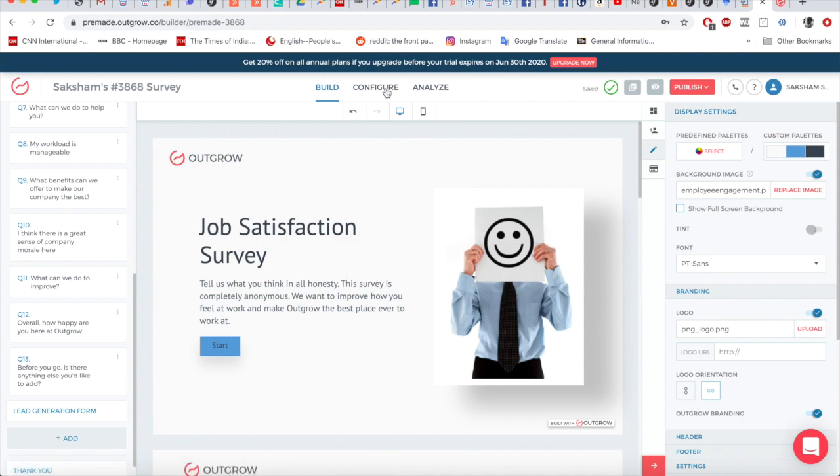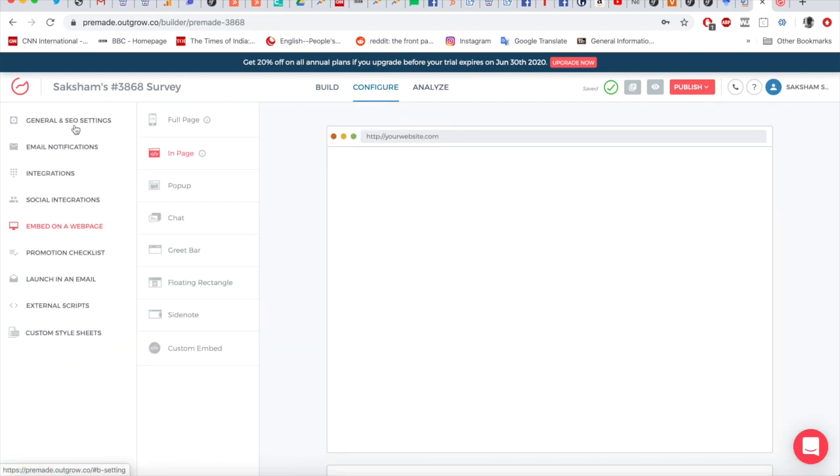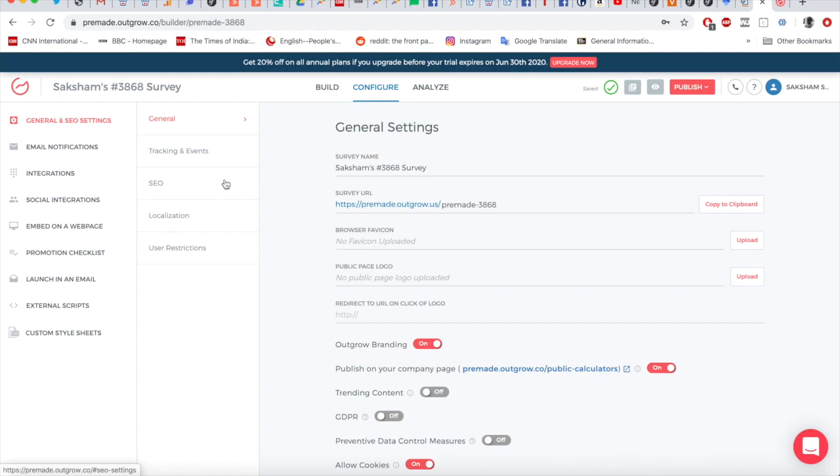This is the build tab, and then there's the configure tab. So in the configure tab, you can change a lot of options here. For instance, you can change the name of the survey. You can change the URL to say anything you want. So currently it just says something automatic, but you can keep adding a hyphen. You can remove this stuff and add something new. Then in addition to that,